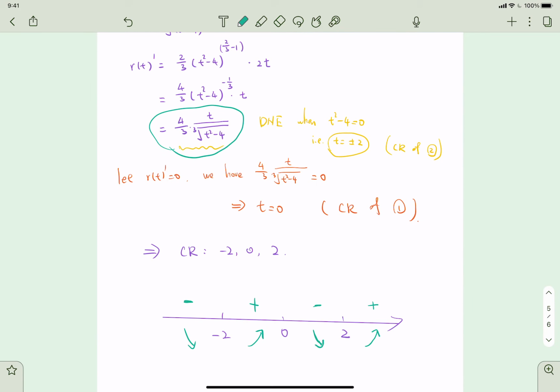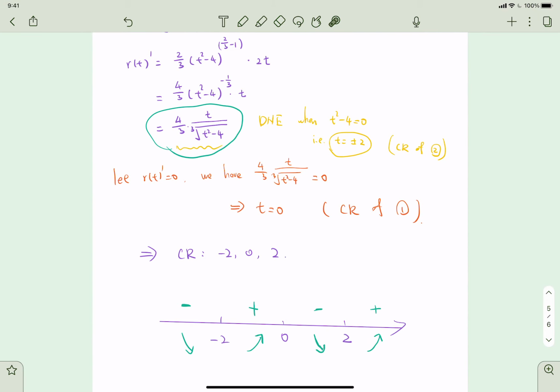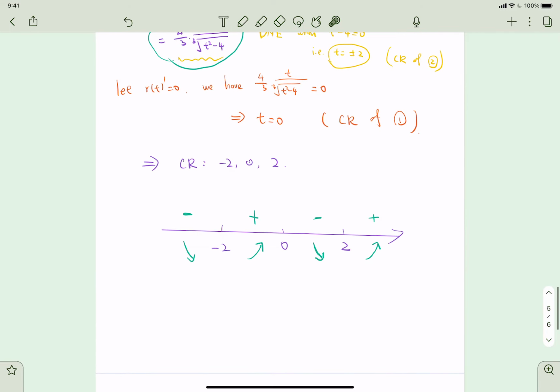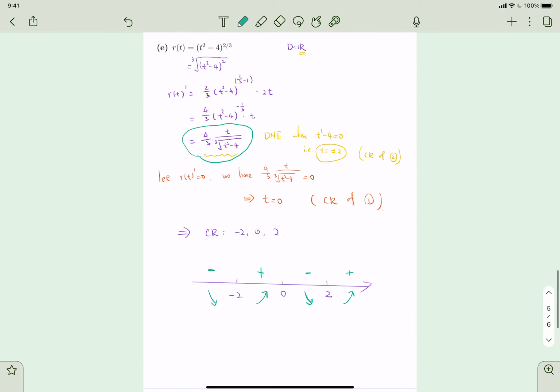I just look at these expressions here, right? This expression and that expression. That are the only expressions determining the sign. So I know that when t is negative 3, the top is negative, and the bottom is also negative, positive, right? So that gives us a negative sign. Okay, just something like that. So after having these things now, we can say that the